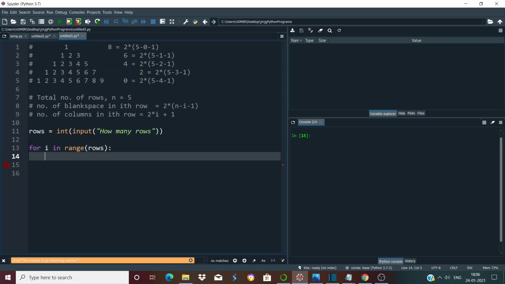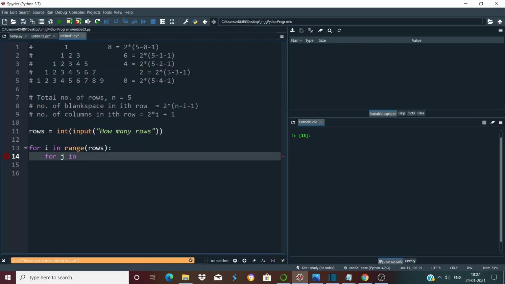Now inside the outer loop, first what we have to print? First we have to print the blank spaces, right? Because blank spaces come before the elements. So the first inner loop will take care of printing the blank spaces. Let the iterator variable be j, and what is the number of blank spaces in the ith row?